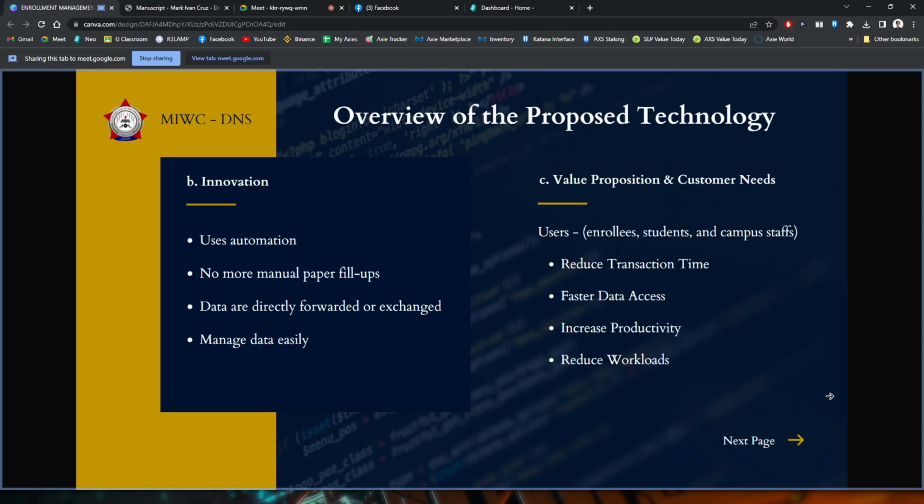Overview of the proposed technology. Letter B, innovation. Uses automation. No more manual paper print apps. Data are directly forwarded or exchanged. Manage data easily. So innovation, basically, the main innovation or use of this kind of technology is that it makes